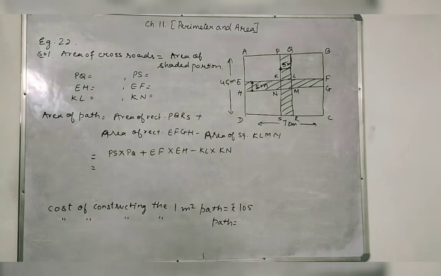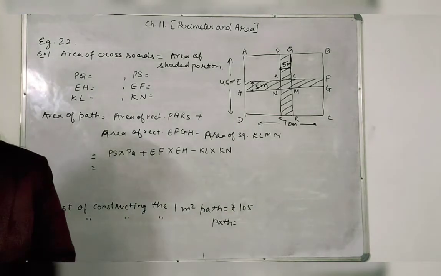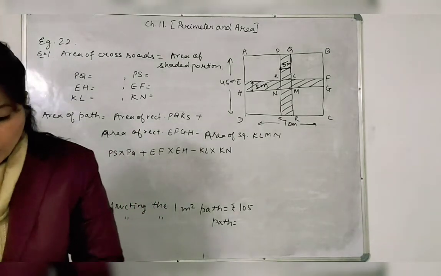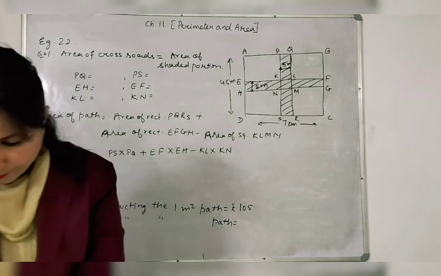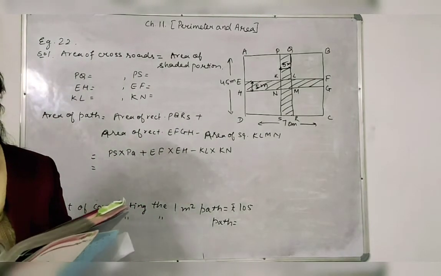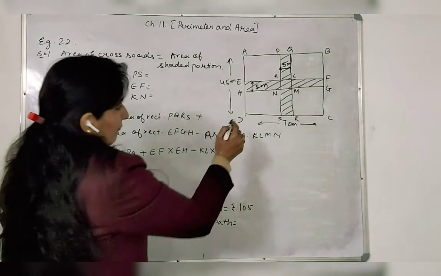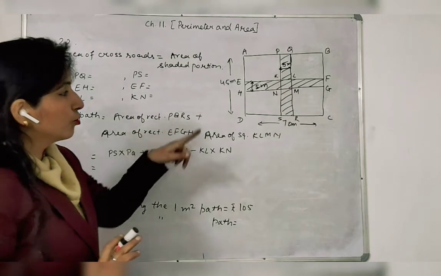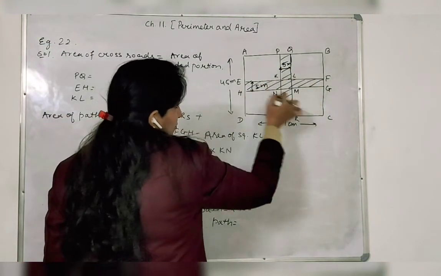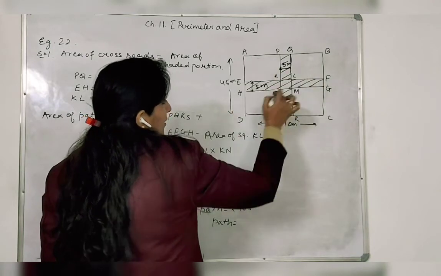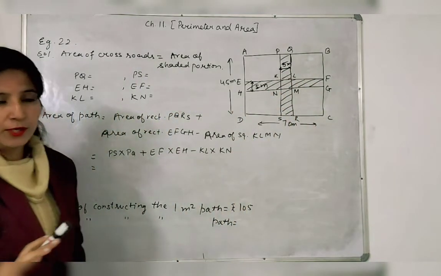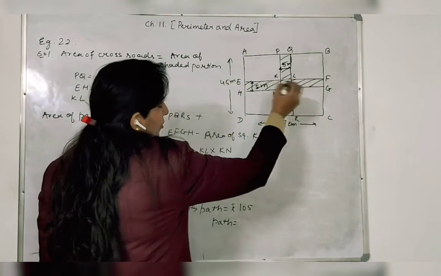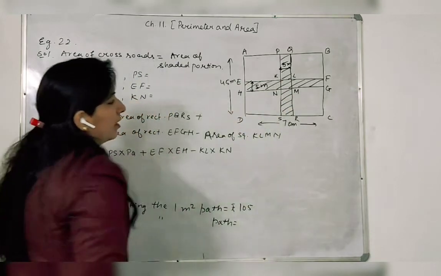Now students, example number 22 on page number 226. It's a different kind of example. Understand it. What is given? There is a rectangular park, having the length 70 meter, breadth 45 meter, and two crossroads, or you can say cross paths, going just between this rectangular park, whose width is given to us as 5 meter. Both, the horizontal and the vertical, you can see have the width 5 meter.